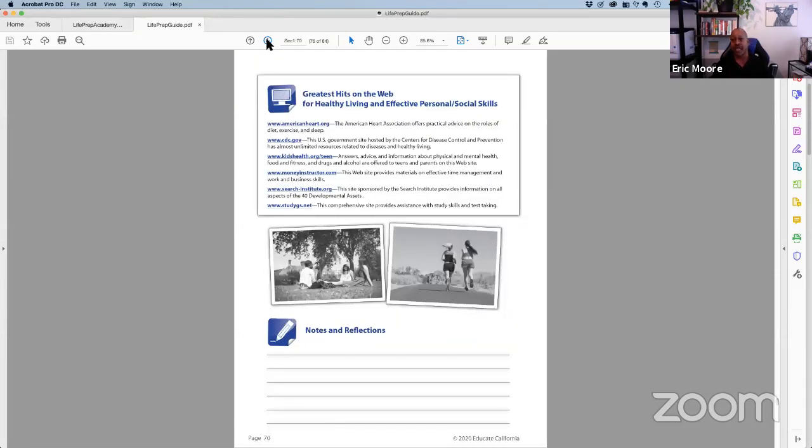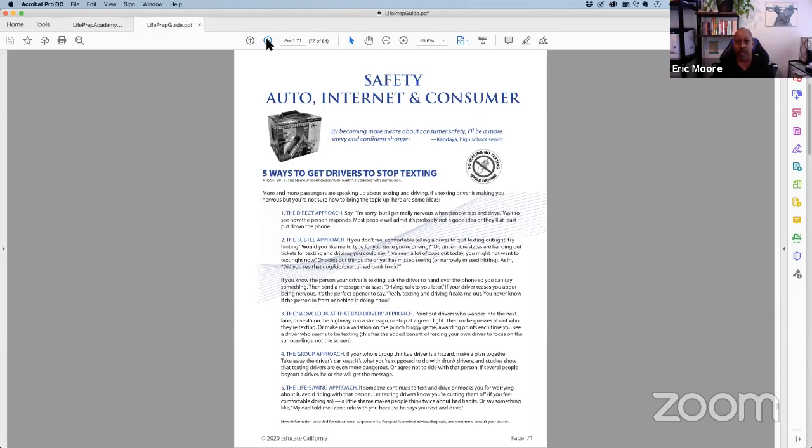You need to make sure you're taking care of yourself and your health so that you can do well while you're in college. And then lastly, we're going to talk about internet safety and auto safety. Very important. Nowadays, students are facing texting and driving and those types of things. I'm sure you hear about it all the time, but if you're in a situation where you're not sure how to respond to someone who's texting and driving while you're in the car, here's some things you can